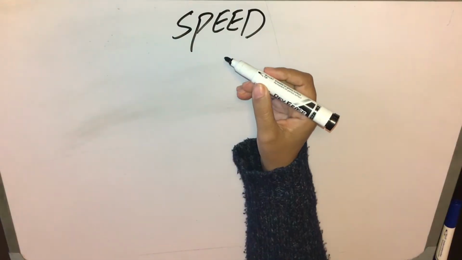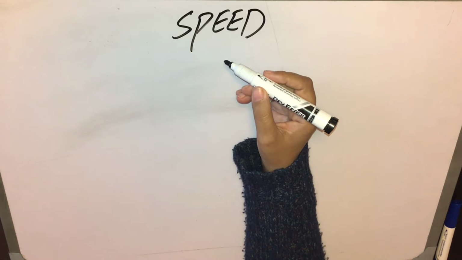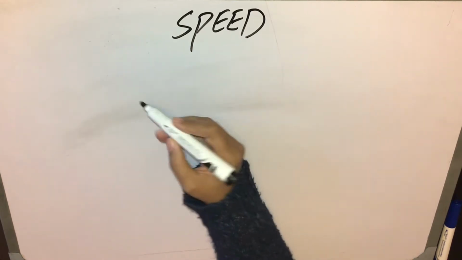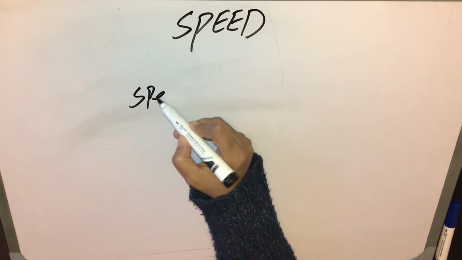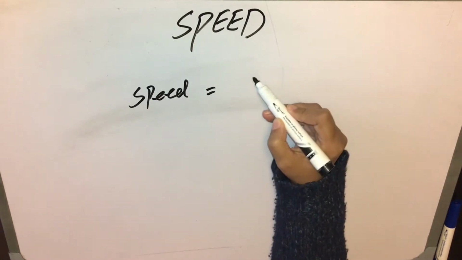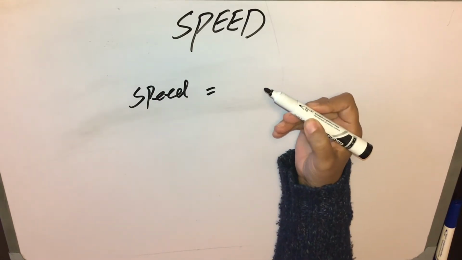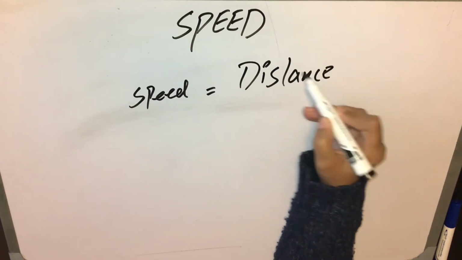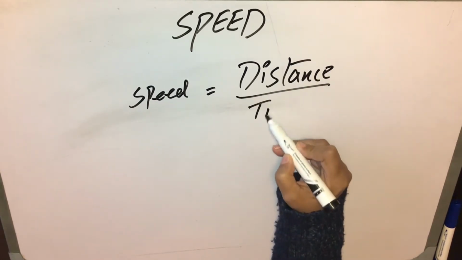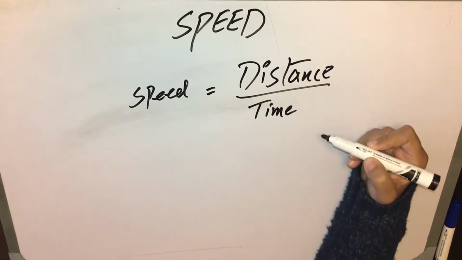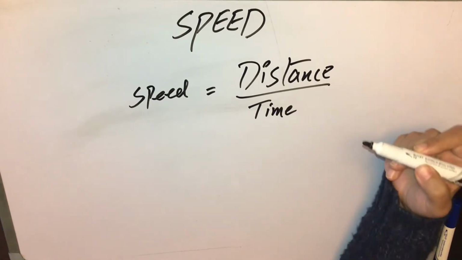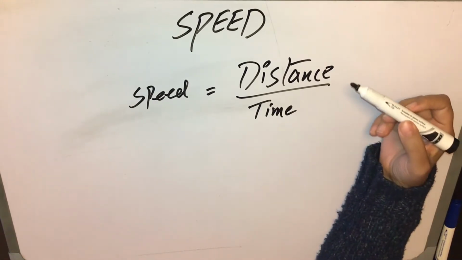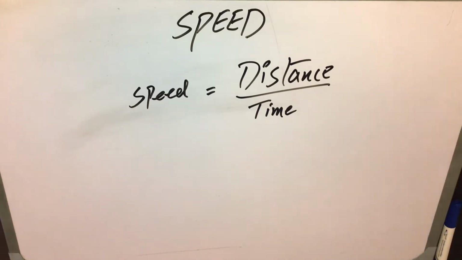The topic for today is speed. I shall solve a few problems involving speed, distance and time. When we have only one distance and one time, we can take it as simple speed. We can write speed equals distance over time. But when we have more than one distance and more than one time, then we take average speed, which is total distance over total time.